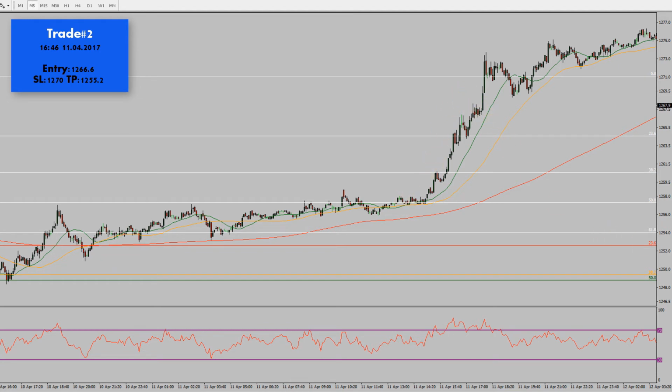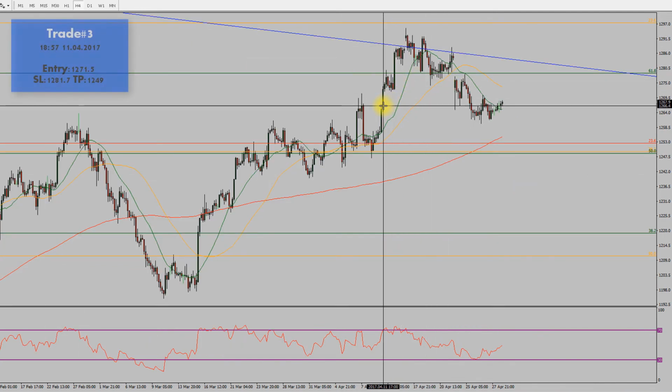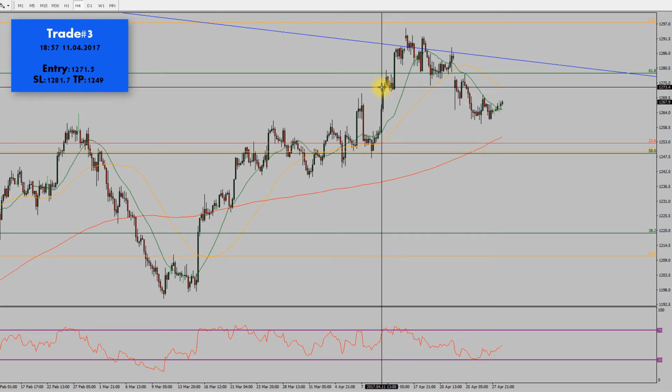Our stop went in at 1270 with a target of 1255, which was above the areas of support here that price had previously encountered, so it looked like a good trade, but we were only in it for a few minutes as price did in fact continue to climb quite quickly higher and take us out of the trade very quickly. Trade number 3 followed shortly afterwards at 18:57 on the 11th of April, a positional short that we took at